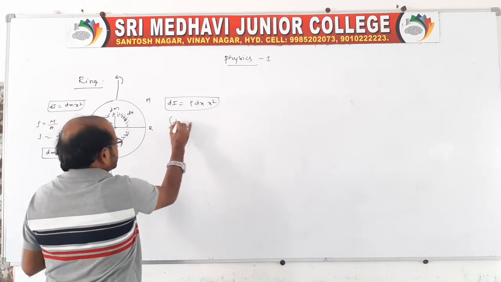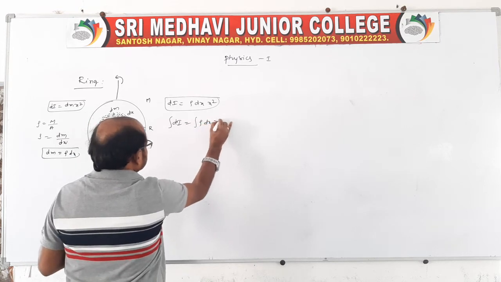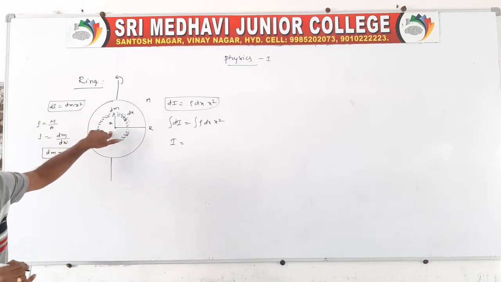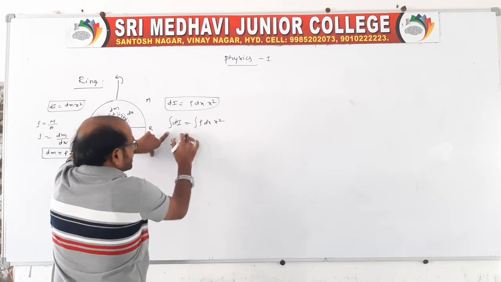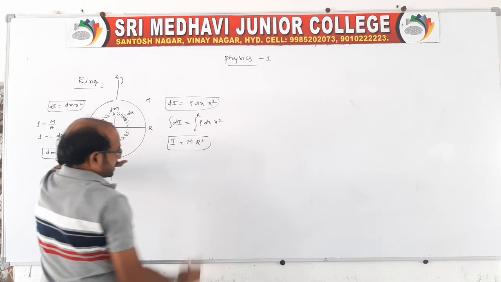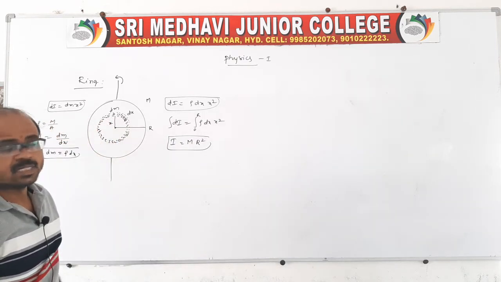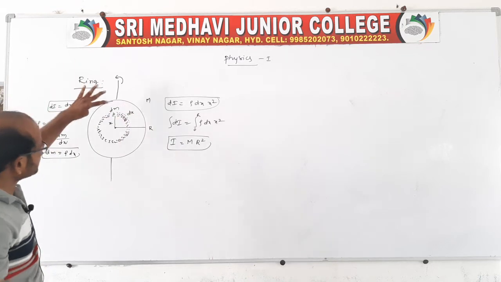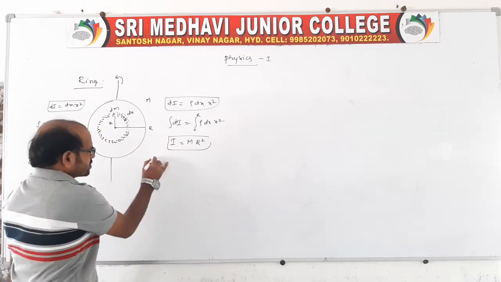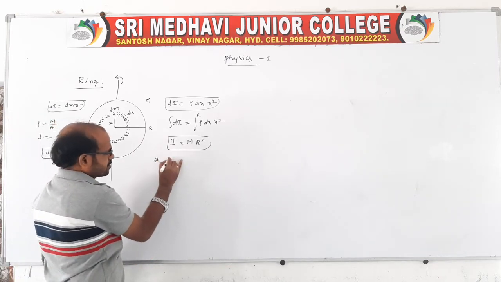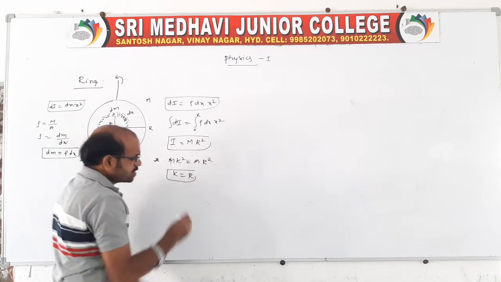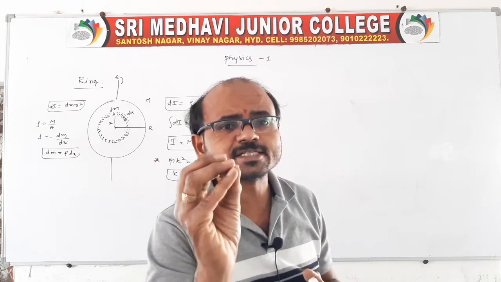After applying integration, and after taking the complete derivation, the moment of inertia about an axis passing through the center perpendicular to its plane will be, after simplification, which I am not giving now, mr square, with limits 0 to r. See, this is the moment of inertia for a ring passing through the center perpendicular to its plane. This is the one case. As well as the radius of gyration: we can take mk square equal to mr square, so that it is cancelled, k is equal to r, for a ring passing through its center and perpendicular to its plane.